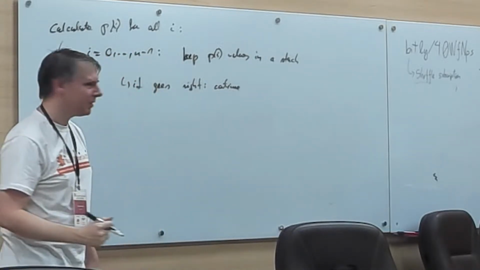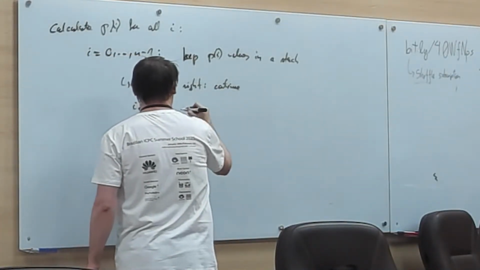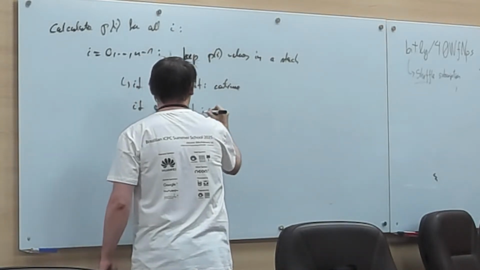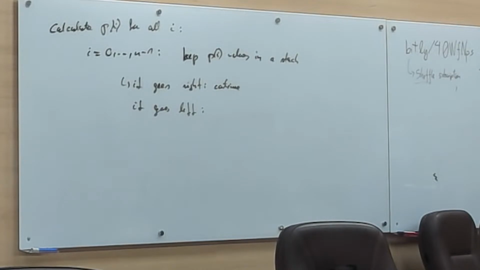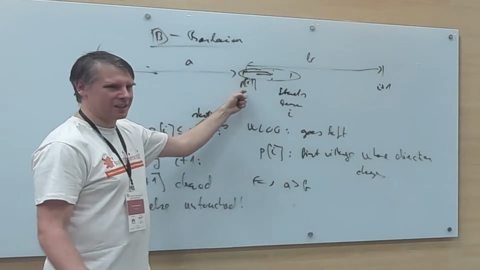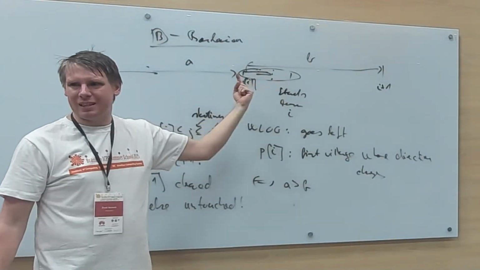This is irrelevant. If it goes left, or actually, maybe to make this work, if it goes right, you can just assume that it itself is PI. But anyway, if it starts going left,